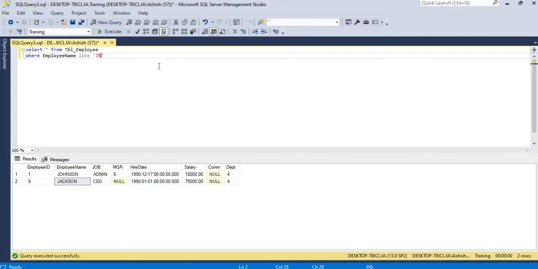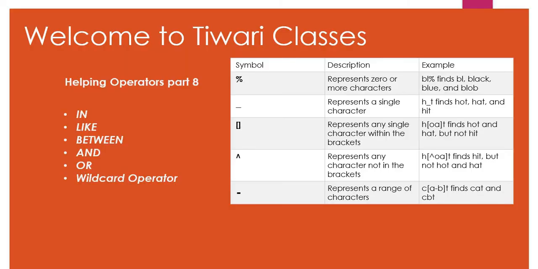You also have other wildcard operators, so you can check in the documentation. The next parameter, I have already explained percentage and underscore. Next we have the brackets.